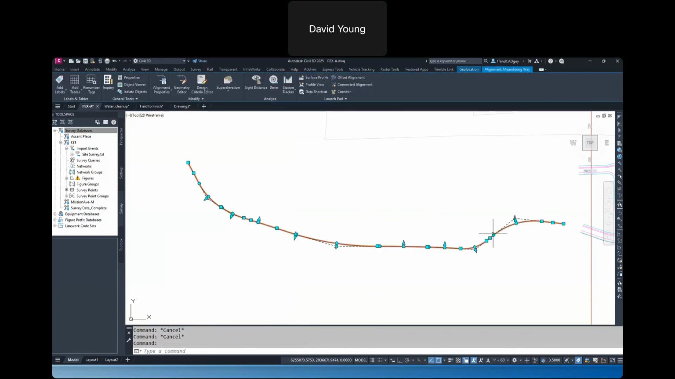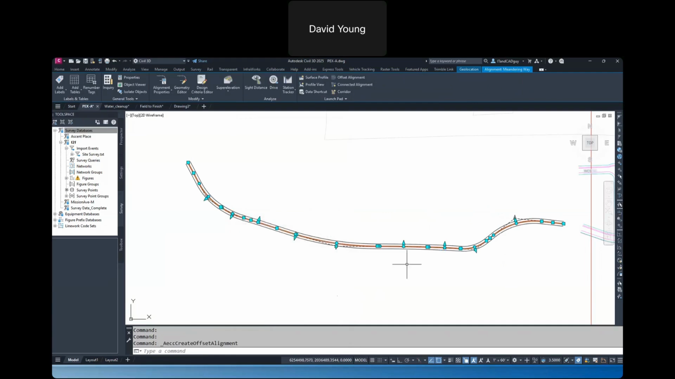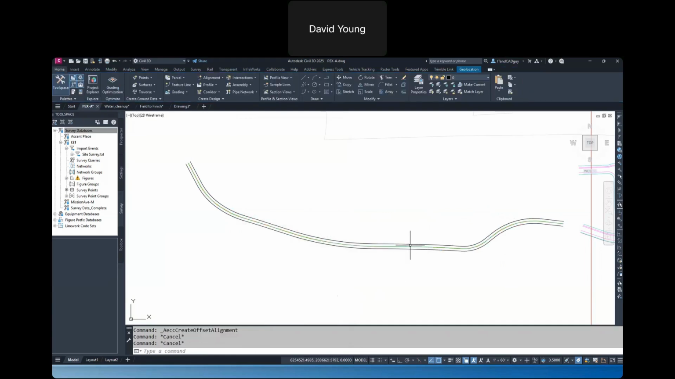I want to show you offset alignments. Right, so I'm going to start over here, pick the alignment, go to offsets, and we're going to make one alignment on each side at 17 feet. Hit OK. That quickly, I've got a center line and 2 edges of pavement. Now, yes, I could have drawn that polyline and offset it twice, but